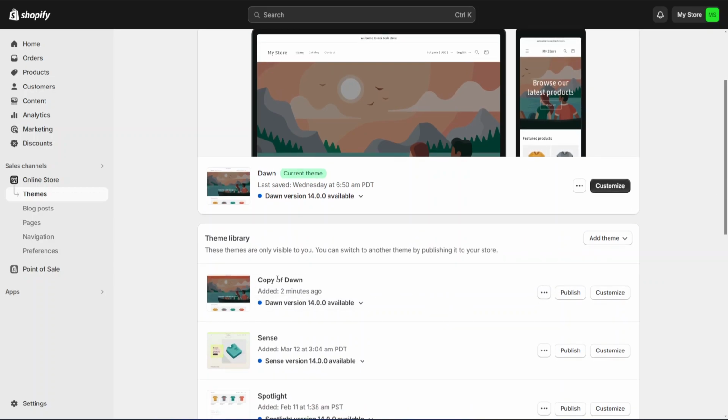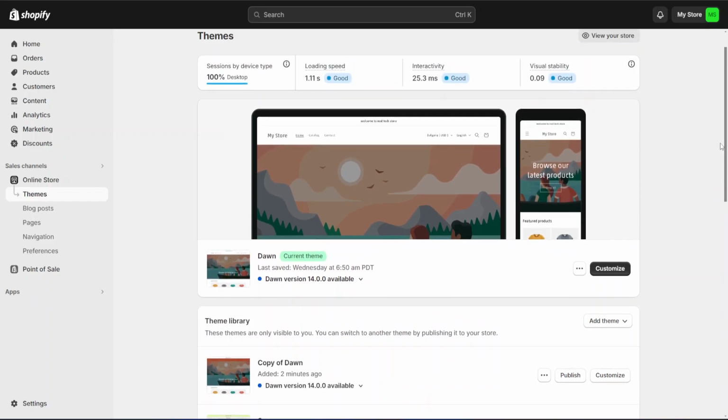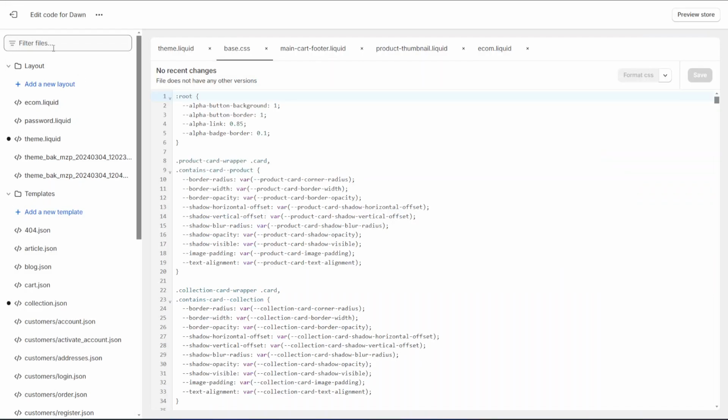So here's my copy which I've created previously. And once you do that, you can go ahead and edit the code. You just click on the three dots again and click on edit code. And now here in this top left corner, you see filter files. You're just going to type in